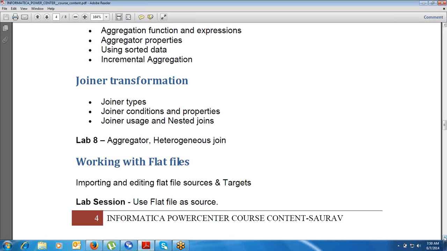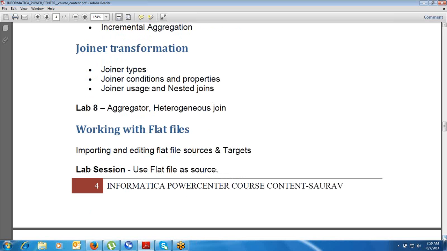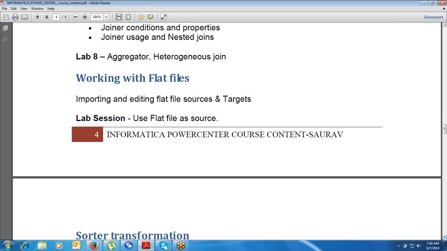Then moving ahead, we have working with flat files. Flat files are very important. You can implement SQL and write queries with relational databases, but what about flat files? Most of the time, whenever we see a flat file, the flat file name itself contains some very important information which needs to be tracked and kept in the target.